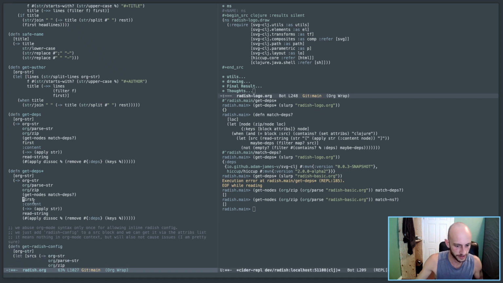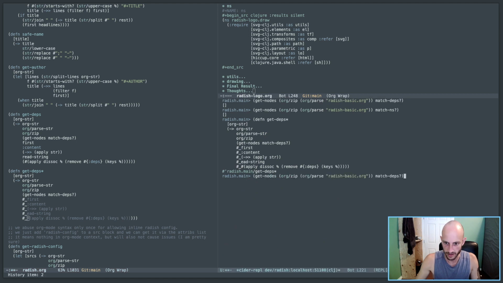Okay, so let's go back like this. Get depth star and go from there. Okay. Get depth star. Empty. If I do first, oh, at this point, right? Here is now, I think I can change this up a little bit if I do let